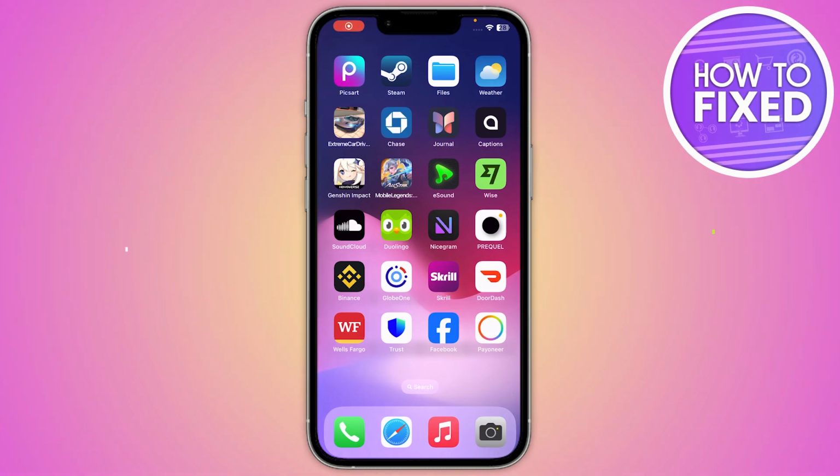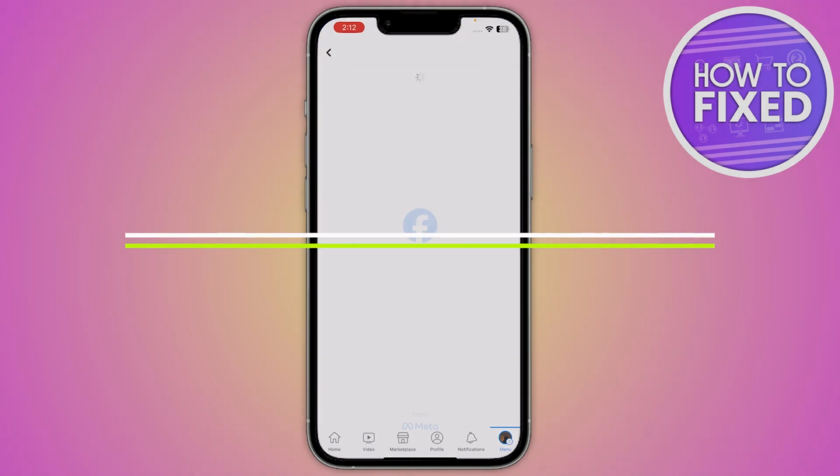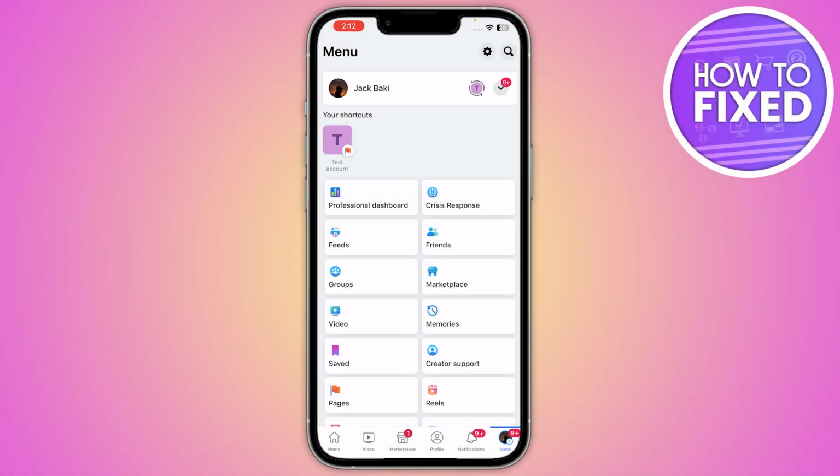How to recover the deleted messages in the Messenger. So let's get started. So first of all, you have to go into your Facebook, and from here you have